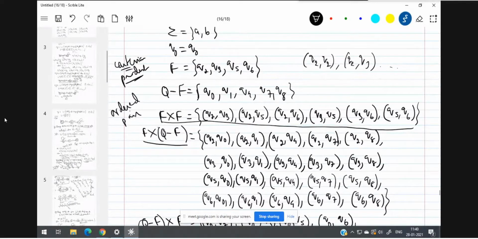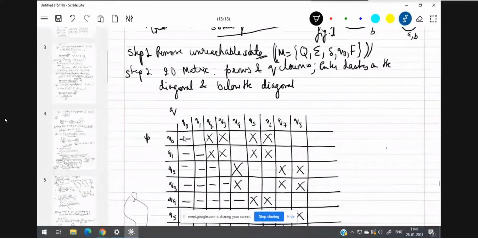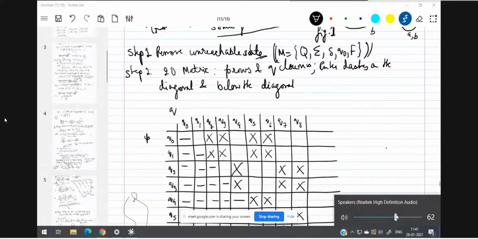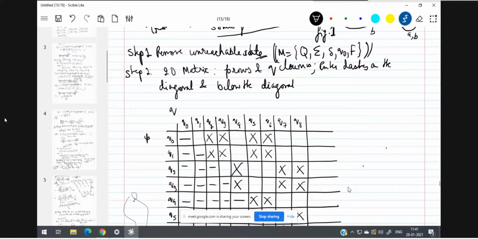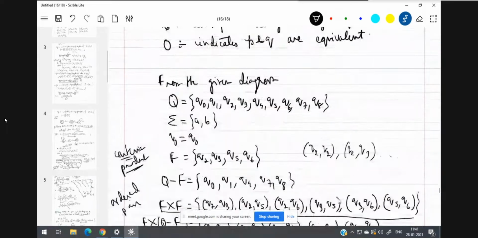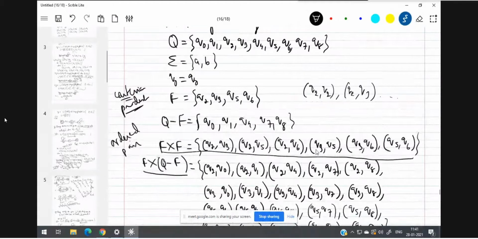Ma'am, from the table also you have deducted the diagonal cells like Q2, Q2. You were saying that equivalence classes below the diagonal also we have deducted because of symmetric rules. So I think diagonals we have deducted because of the reflexive property. Yeah, good, good. Any other confusion, just post me, okay?